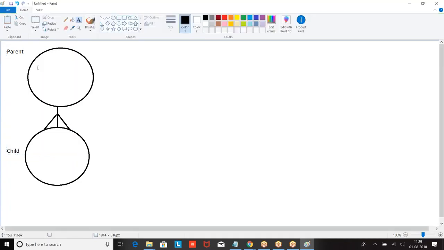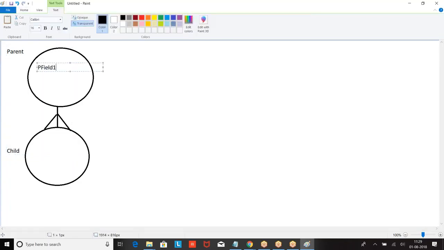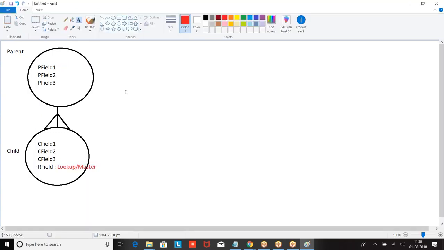In the parent object, we had some fields. This is what we have created.